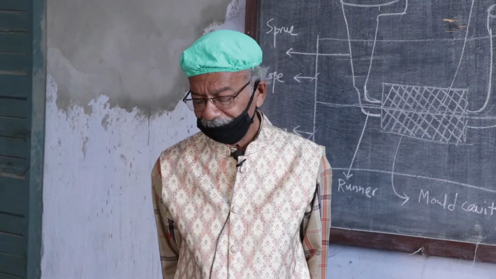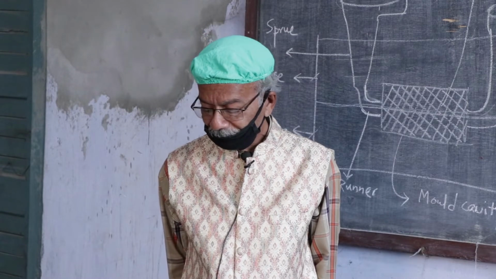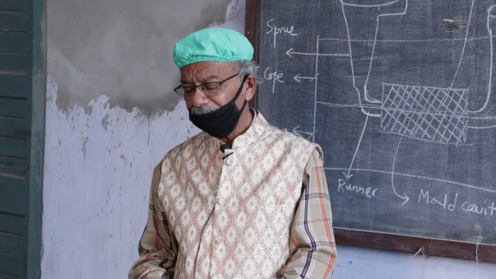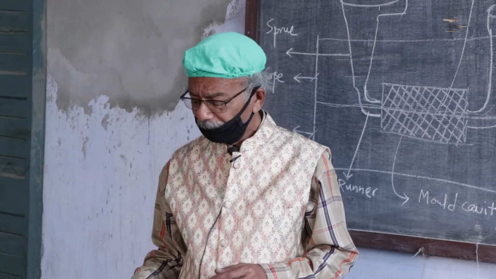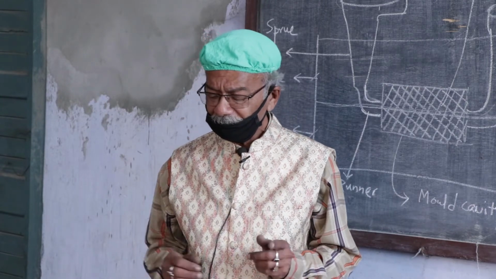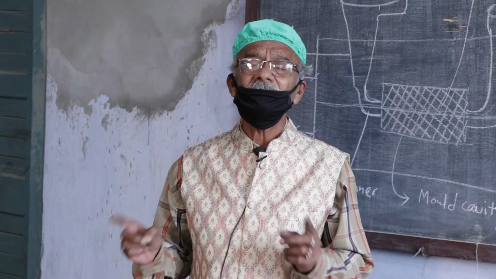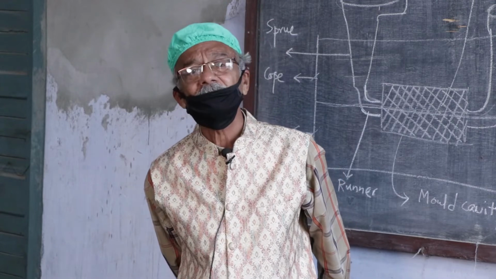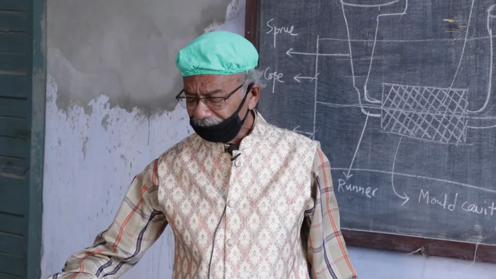And the last one is the ultrasonic technique. With the application of the ultrasonic method, we can detect the different types of defects available in any casting, whether it is sound or not. So, these are the techniques I have mentioned one by one: visual inspection, pressure test, magnetic particle inspection, dye penetrant inspection, radiographic examination, ultrasonic inspection. What type of test depends upon the size of the material. The most authentic tests are the radiographic test and ultrasonic inspection, through which we can detect any kind of defect in the casting. After this,